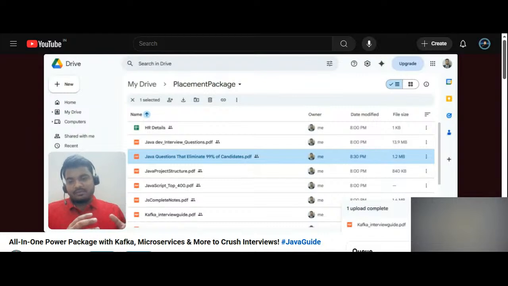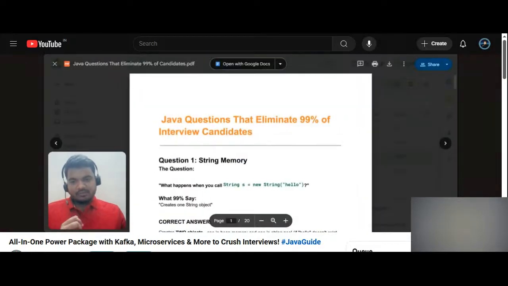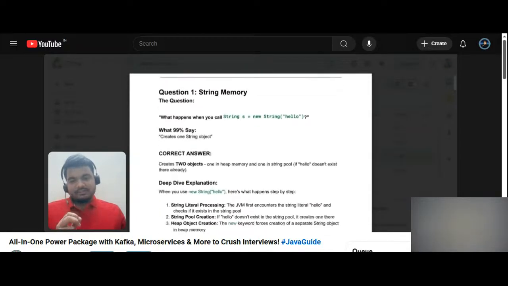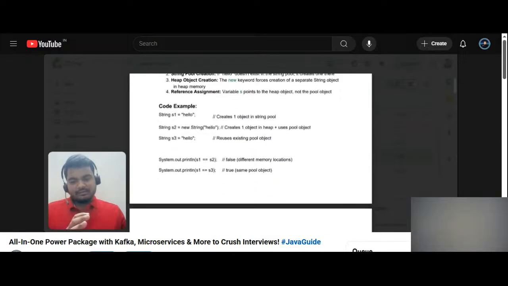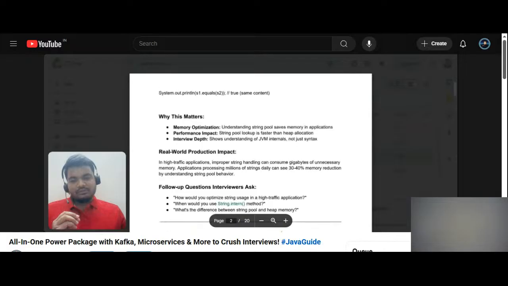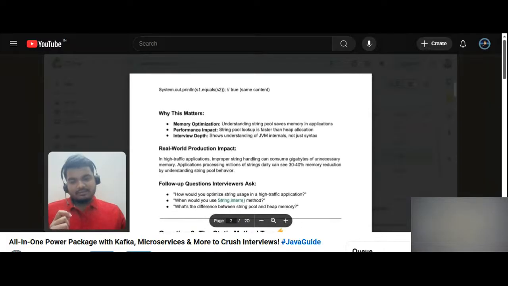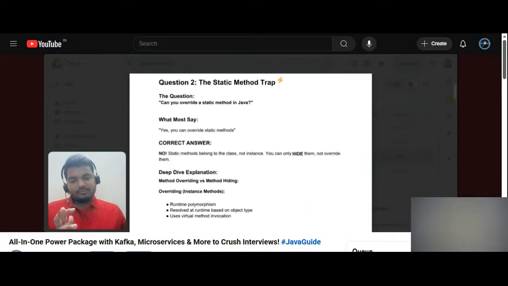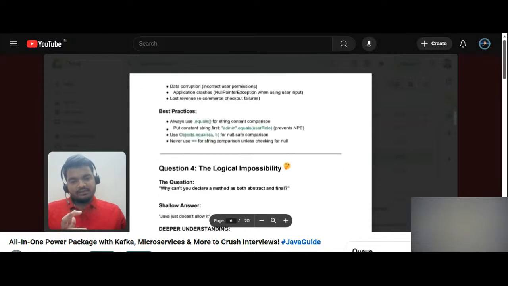So there are a couple of new and really important documents that I've added. Let me show you. The first one is this document, Java questions that eliminate 99% of the interview candidates, right? There are some really crucial questions that are part of this document, and we have discussed them completely. Apart from this, you also see what the real world impact is, right? How this arises in production issues or code reviews, right? And also at the end of this document,